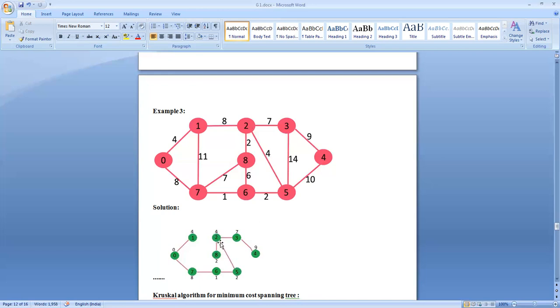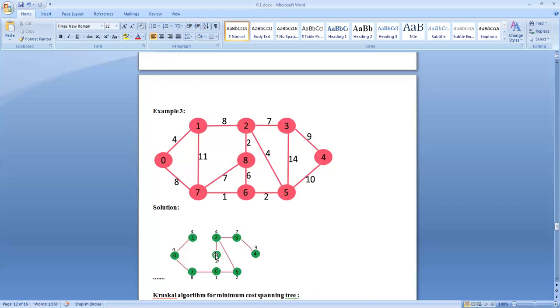Now from vertex 2, there are edges with weight 7, 8 and 2. Naturally, I will not select this one, because if I do that, I will get a loop. Among this 2 and 7, the edge with 2 is minimum. So 2 to 8 is selected. So this is taken into account.